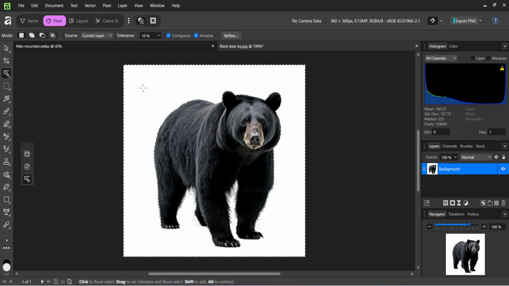Next, make sure both contiguous and anti-alias are enabled. Contiguous ensures the selection only includes areas that touch each other, so separate white pockets inside your artwork aren't selected unless they're connected. Anti-alias softens the selection edge slightly, helping prevent jagged outlines and giving you smoother results once the background is removed. Now click directly on the white background in your canvas to create the selection, then press delete